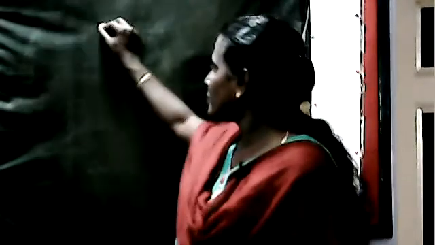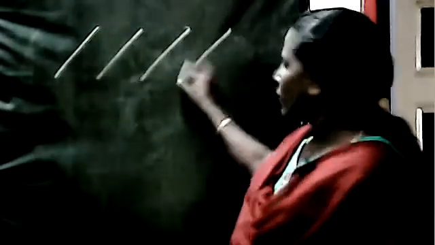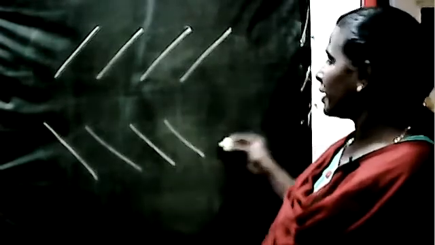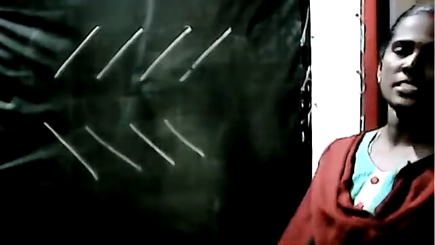And next, see here, now we are learning the slanting line. So see here children, this is the right slanting line, and this is the left slanting line. So you should know how to draw these two slanting lines. So we'll be learning slanting lines and you should write these lines, and next we learn the letters based on these lines.